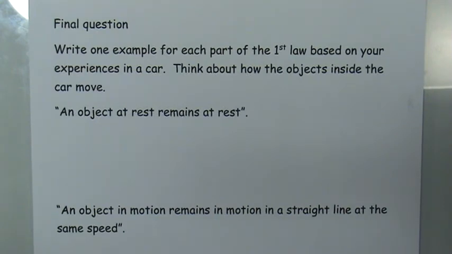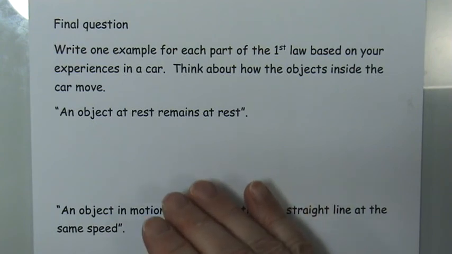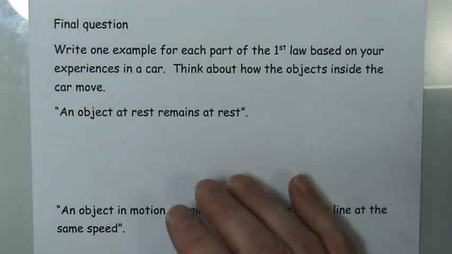There are times when you're driving that you will hear things moving around your car or you will see things moving in your car, even though nothing is touching them. There's a kind of mysteriousness to listening to things in your trunk sliding forward and backwards or left and right. That's the first law in action. That's the first law saying that of course that's what's going to happen. So I would like you to think about one example of an object at rest inside your car that remained at rest, and describe that.